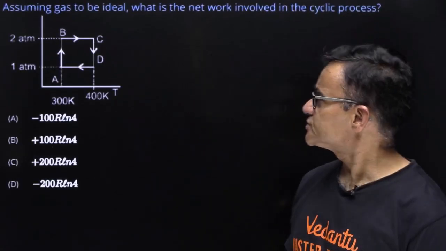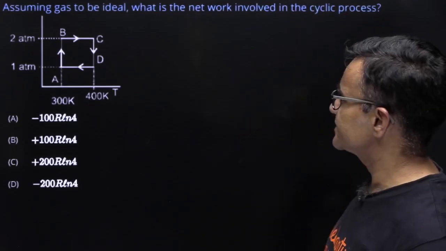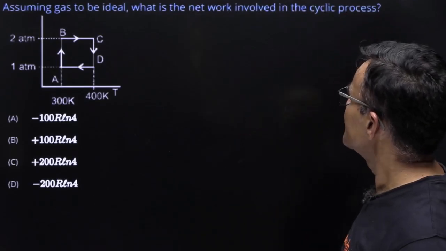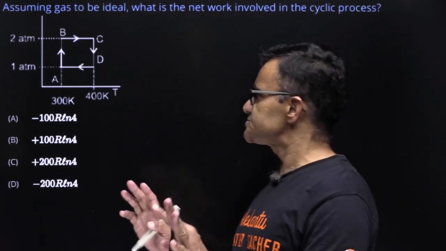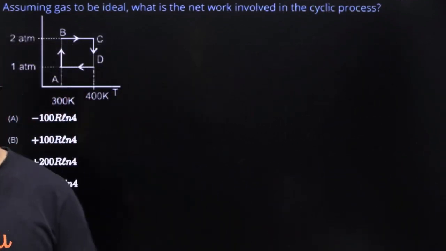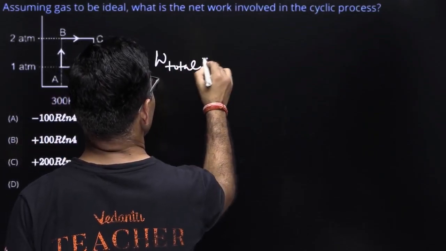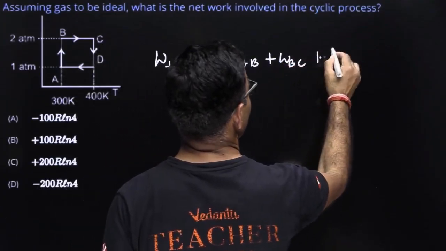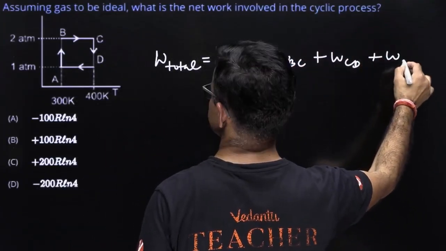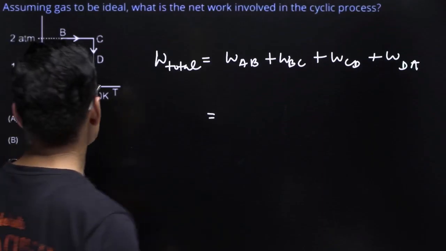थर्मोडायनेमिक्स का एक सुंदर सा सवाल। 2 moles ऑफ हीलियम गैस अंडरगो द रिवर्सिबल साइक्लिक प्रोसेस एज शोन इन द फिगर, assume gas to be ideal, what is the net work involved in the cyclic process। तो साइक्लिक प्रोसेस में आपको पीटी डायग्राम दिया हुआ है, टोटल वर्क डन बताना है। ठीक है, तो नेट वर्क W टोटल इज इक्वल टू WAB प्लस WBC प्लस WCD प्लस WDA।